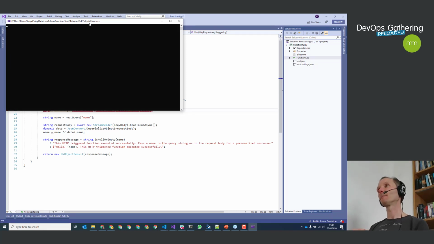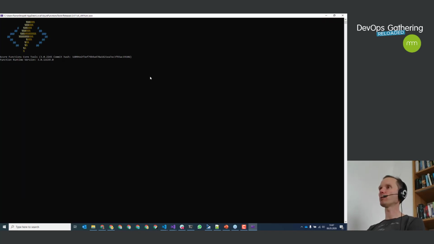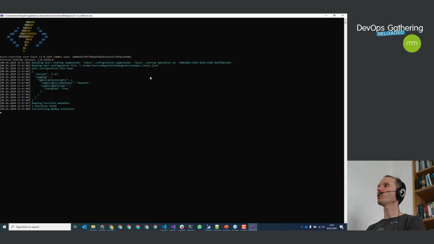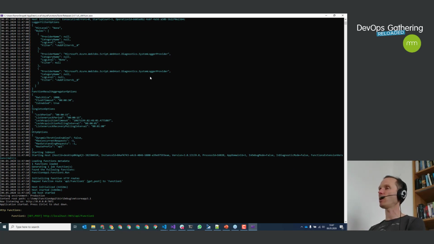Don't get me wrong, my machine is not connected to the internet. But for instance, if I'm reacting on blob storage triggers and so on, they will still be triggered on my local machine. So the developer experience is really nice with Azure Functions. I can do everything on my local machine, but still I am connected to my Azure cloud for things like Service Bus and Cosmos DB and databases and so on.